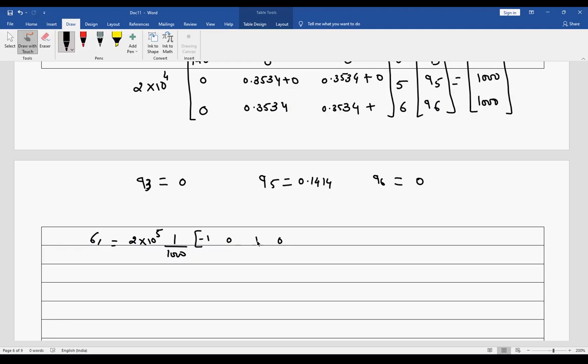This is minus L minus M, L M, and this will be multiplied by Q1 is 0, Q2 0, Q3 is also 0, and Q4 is also 0. Okay. So I'm getting sigma equal to 0.